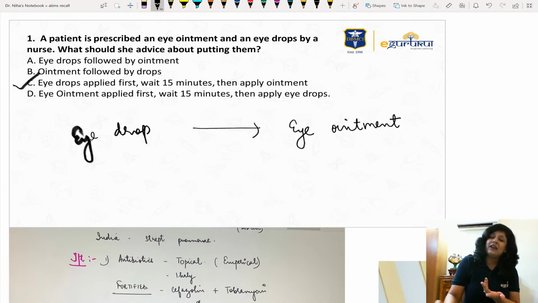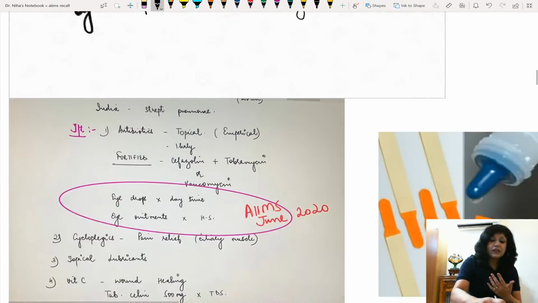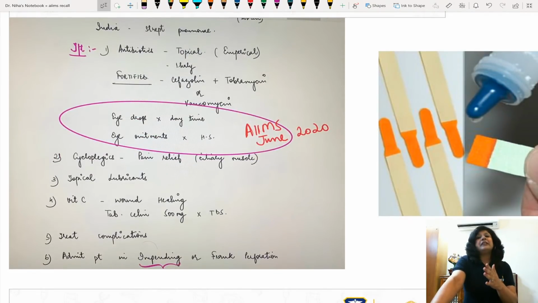So it's a very practical thing of common sense. And if you remember, I told you that usually in clinical practice, if I have a choice, we give the ointments in the night time, because in the beginning when there is a severe bacterial ulcer, we have to give these antibiotics 1 hourly. So we are giving the antibiotic 1 hourly, then we are giving the mydriatics and cycloplegics, then some anti-allergic, then the artificial tear substitutes. So more or less every hour in the 12 hours of the day, the patient is taking something.